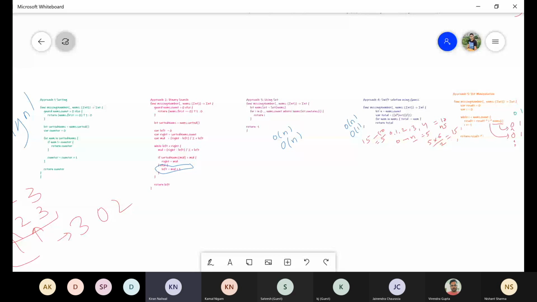Then the third one will be the optimized, but it will have space complexity. And if multiple numbers are missing, then also, if you basically store into the set only, and when you traverse from suppose minus n to plus n, then you will check into set whether a number exists or not, and then you will basically say these are the missing elements.